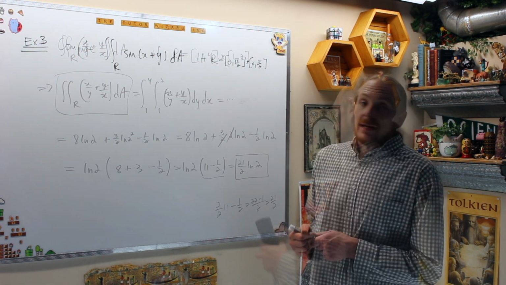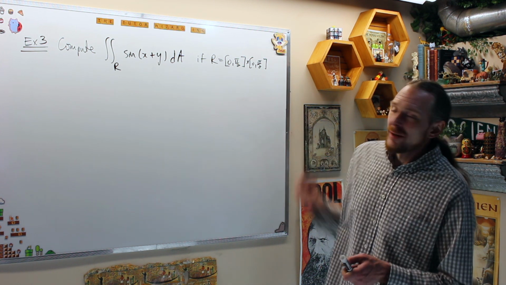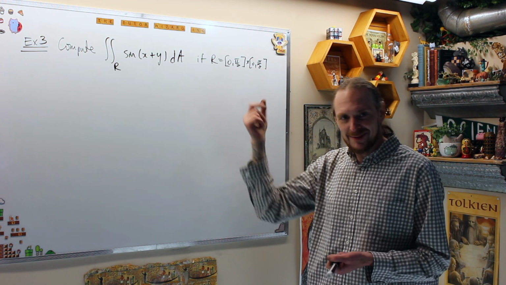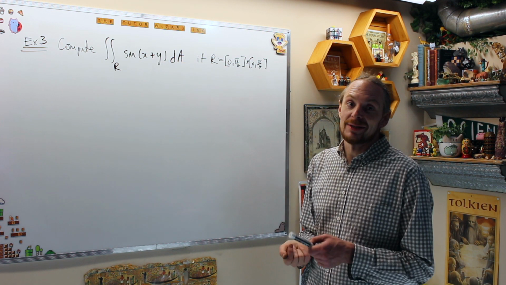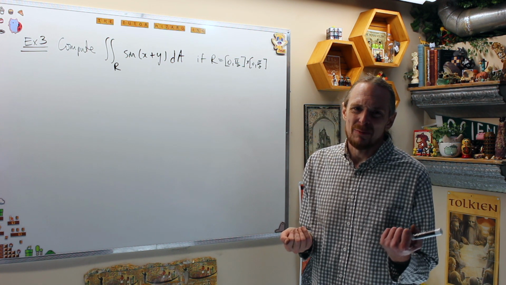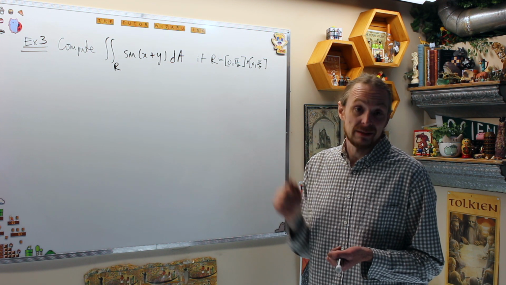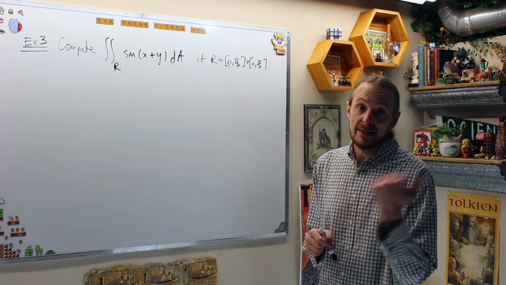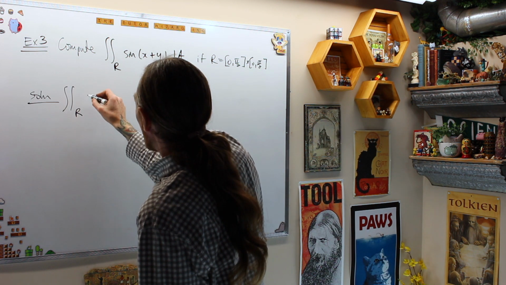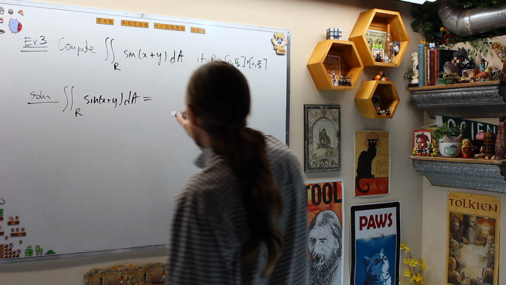Let's do another one. Let's compute the double integral of sine x plus y over this rectangle. I'm pretty sure they put pi's now in there for convenient values of the trig function. This one, again, seems fairly symmetric because I have x plus y. It won't really matter whether, when I use Fubini's, we do x or y first. So I'm going to stick to my guns and do y and then x, just like we've done for the other ones. This double integral over the rectangle of sine of x plus y dA is by Fubini's